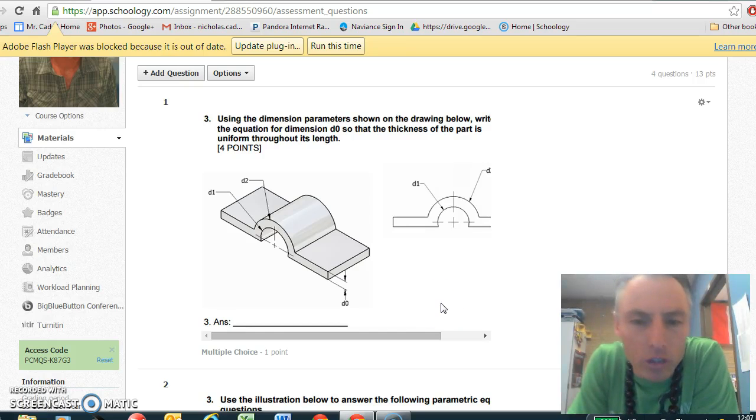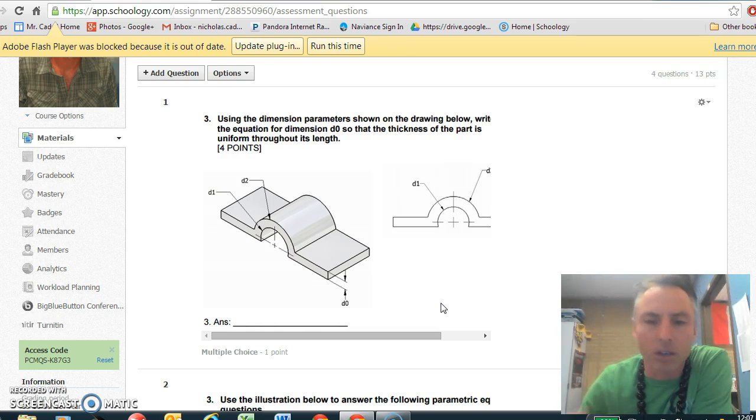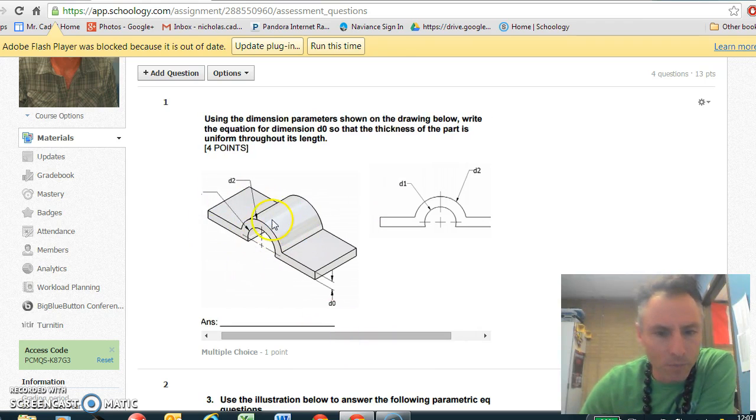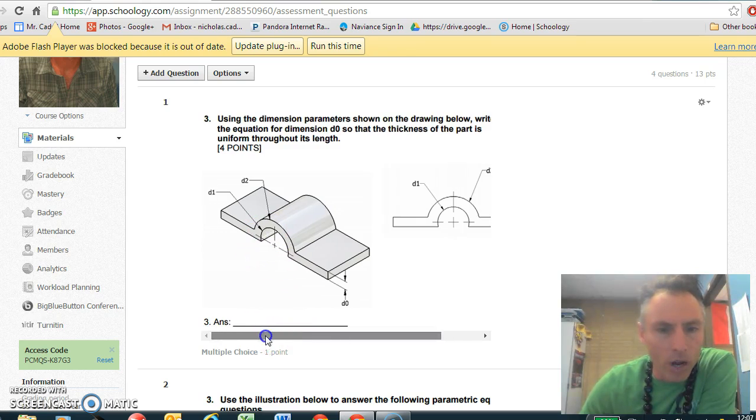All right, here's a quick introduction to parametric dimensioning. It's basically, instead of putting in a dimension like 2.5, you're going to say, okay, the dimension for this should be relative to something else that already was dimensioned. So in this first question here, what they're saying is, okay, you got this object, and they tell you that